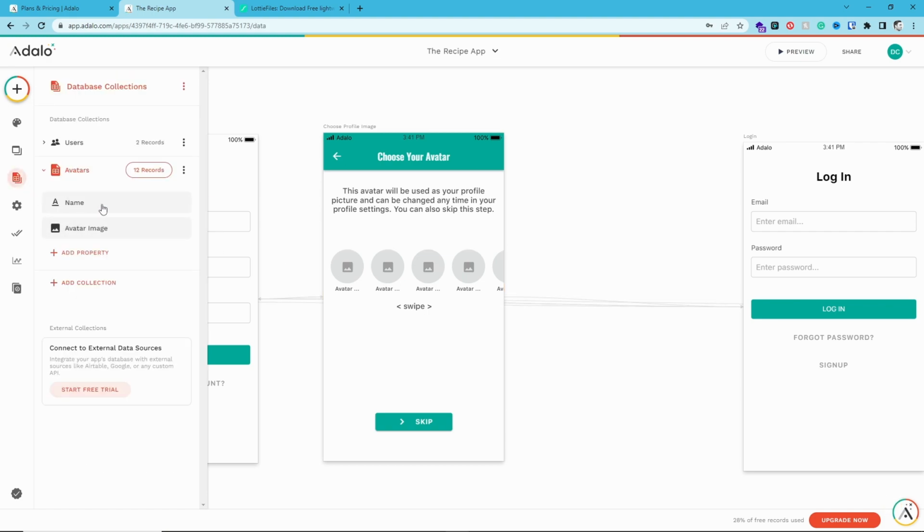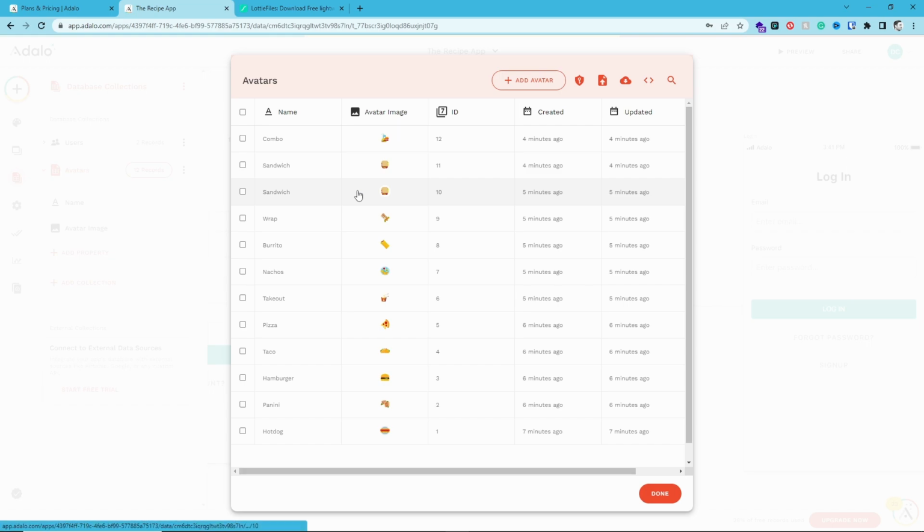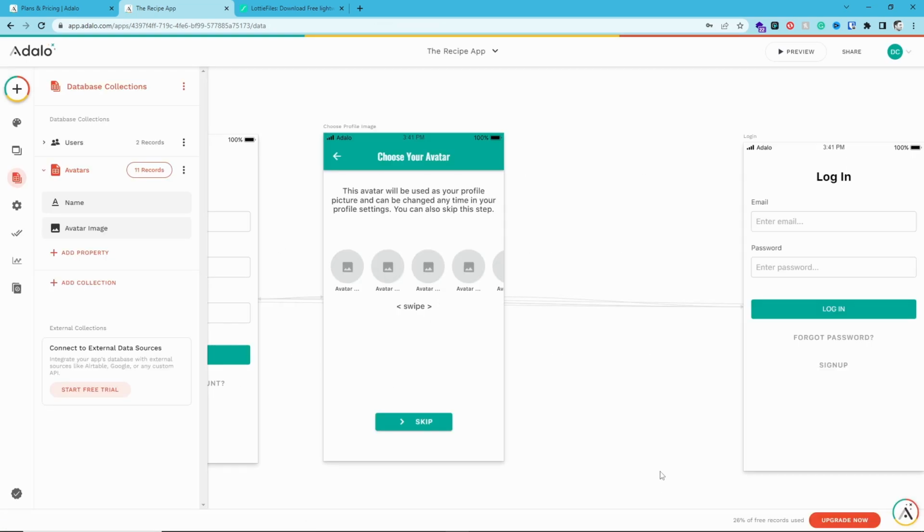Let's go ahead and change it real quick now that I'm thinking about it. 12 records. I think we had two sandwiches. So let's just select that and delete one record. All right, so